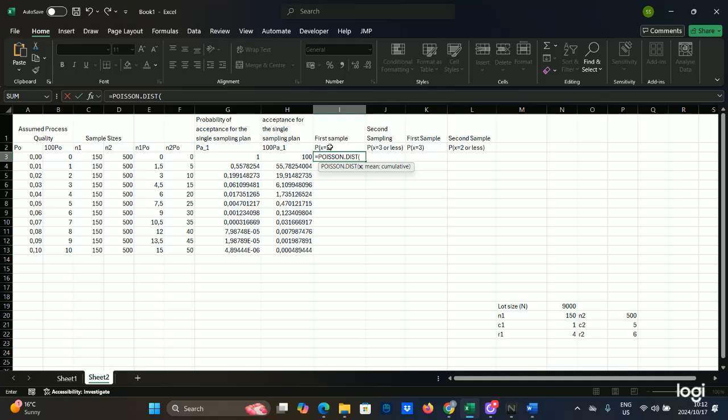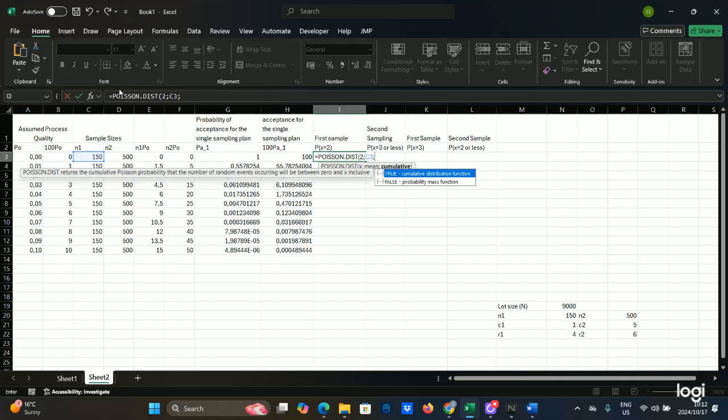Since you know that your x is 2, you want the probability of exactly 2 defectives found. So you say 2 here, 2 is going to be your x, and your mean is going to be your np0 for the first sampling plan. And since you are looking for the probability at exactly 2,